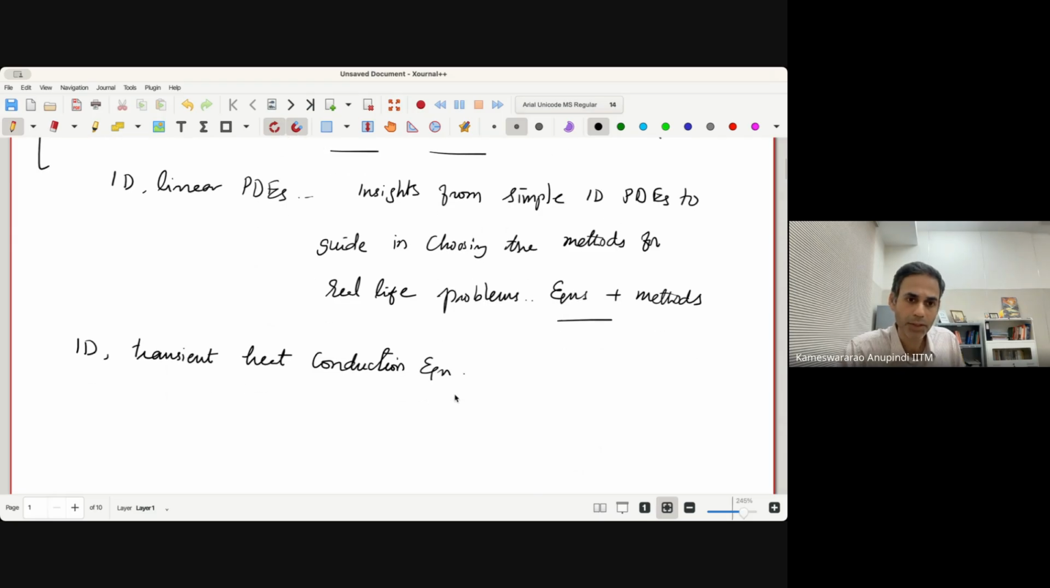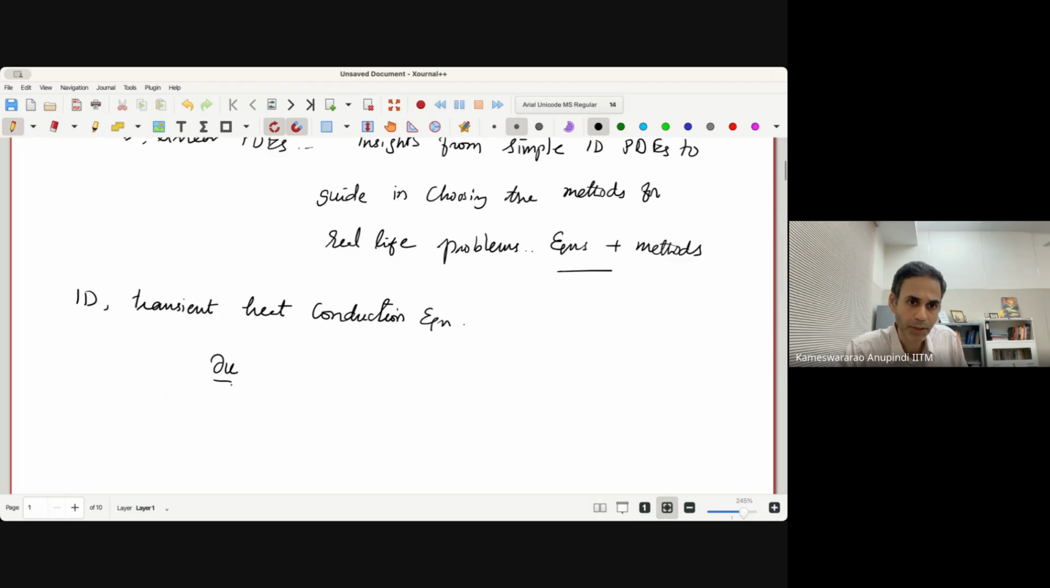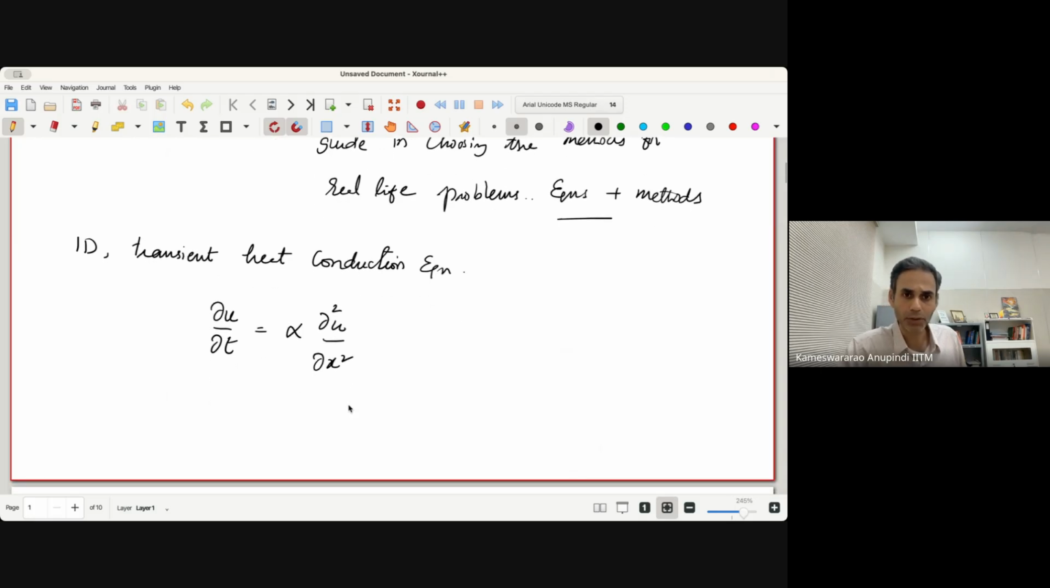Okay, which is basically given by ∂u/∂t = α ∂²u/∂x², where alpha is the thermal diffusivity, u is a kind of temperature, little t is the time, x is the spatial coordinate. Okay, so this is the partial differential equation that we have been dealing with. Now, of course, because we are applying the stability analysis, we need to choose a particular method, a particular discretization